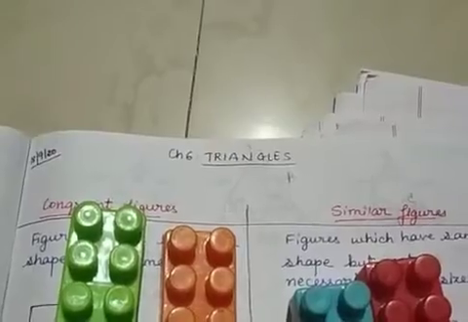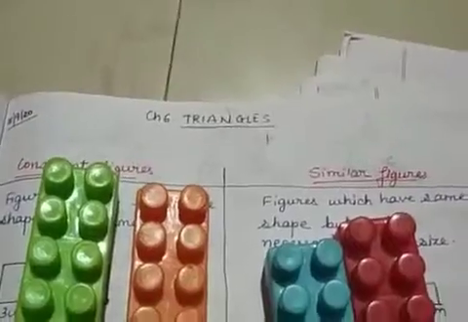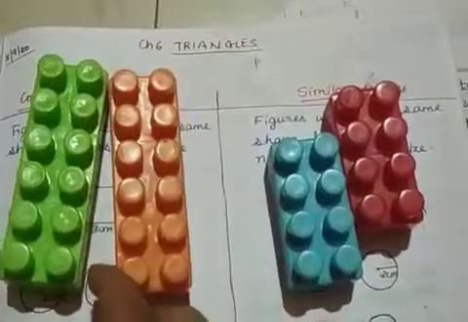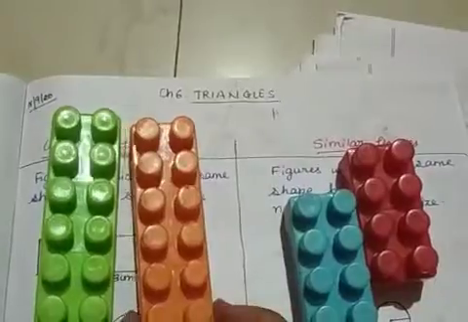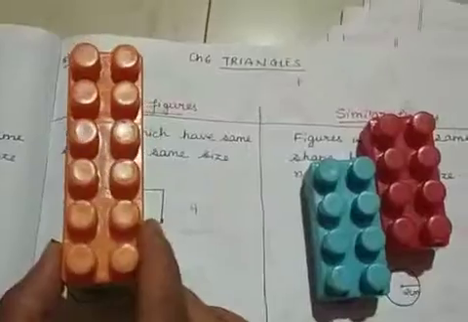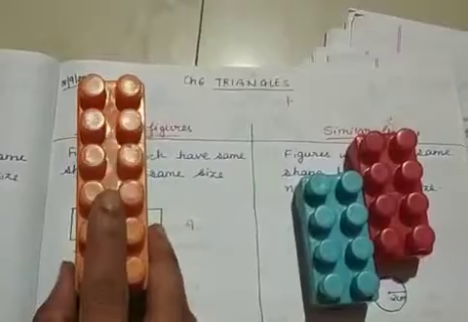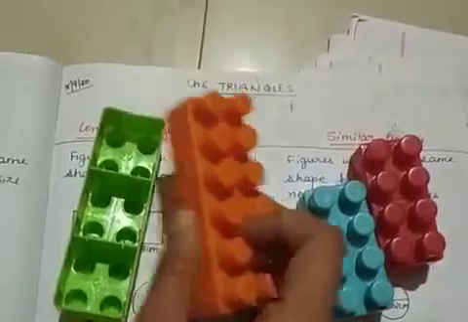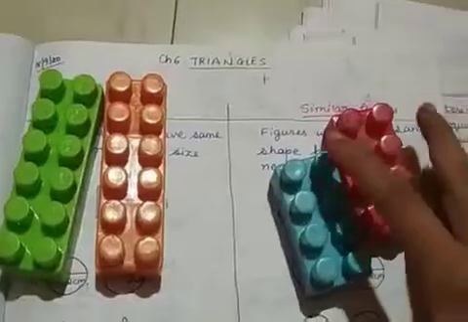Now you know that two objects are said to be congruent if they have the same shape as well as same size. Now I have a few objects here. You can see these two objects are of the same shape, right? This is also rectangular in shape. This is also rectangular in shape. They are of the same shape. And if I place them one on top of the other, you can see they exactly fit each other. So these two objects are also of the same size. So these two objects are called congruent objects, right?